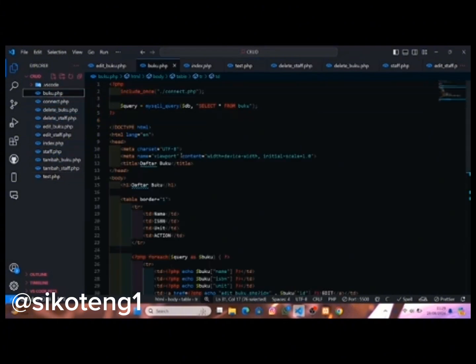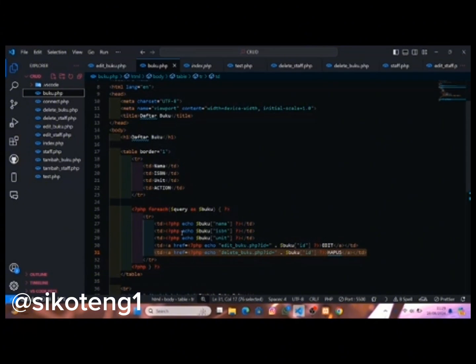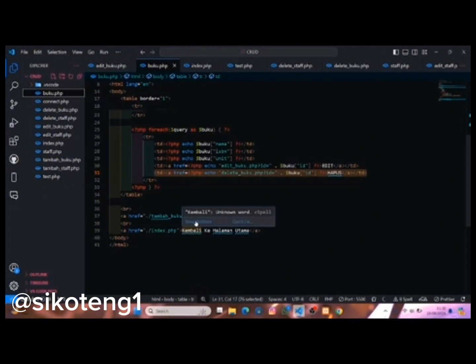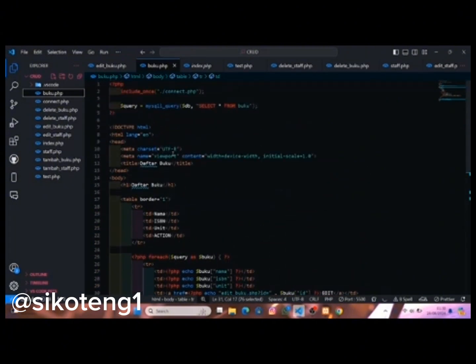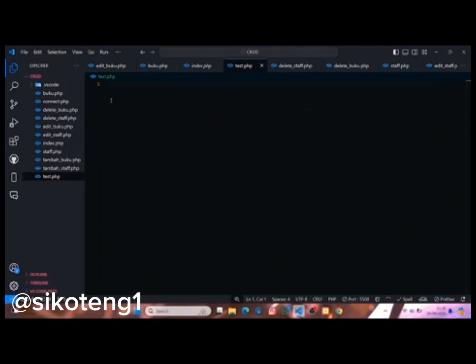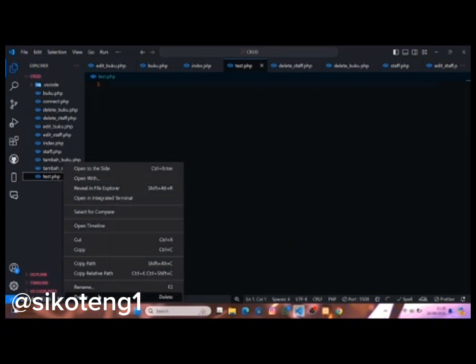You can type here like ordinary HTML, but with the PHP tag, with echo, with query. That's the difference between HTML and PHP. Create is from the beginning, from zero. You write the code like you write HTML. Clear? Insyaallah clear.